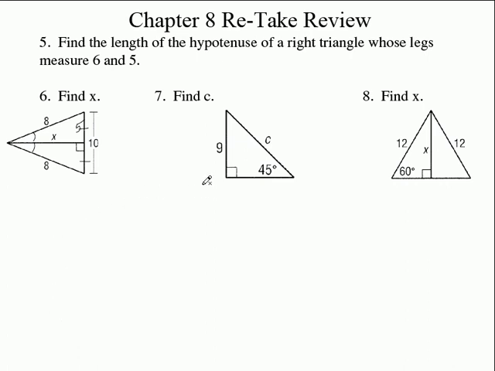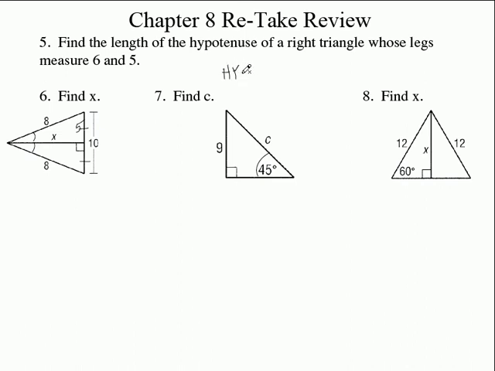Number 7. Okay, we got another right triangle, but this time they give you an angle. They don't give you both sides. So we're not going to use the Pythagorean Theorem here. We could do a couple things. I think this would be the easiest way. If this is 45, what's this angle up here? That's 45 as well. So it's a 45, 45, 90 triangle. Do you remember the relationship between them? That the